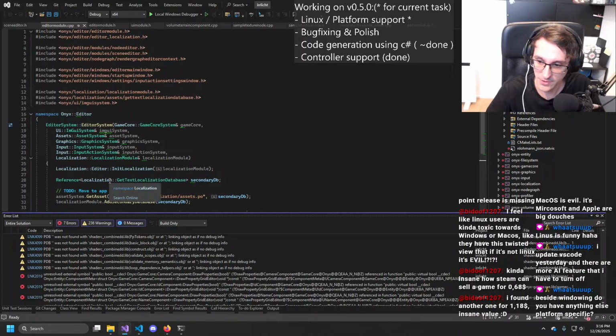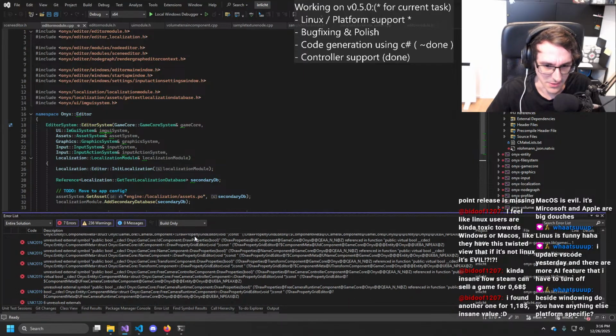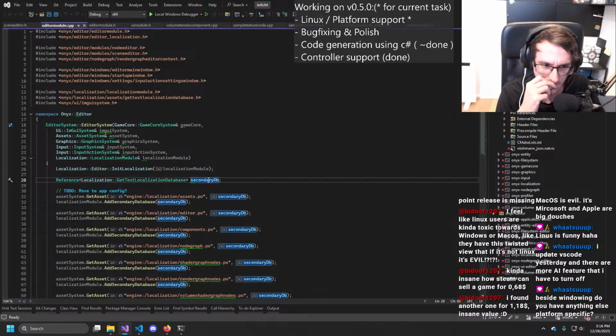That's a big if, because I doubt I will ever add the consoles. But for example, I think PlayStation doesn't support STD file system, so I would need a platform specific file system implementation for that. Alright, so that's expected that this doesn't work. Okay, cool. I think next step would be fixing the code generator